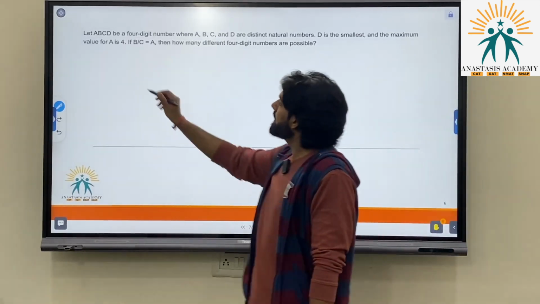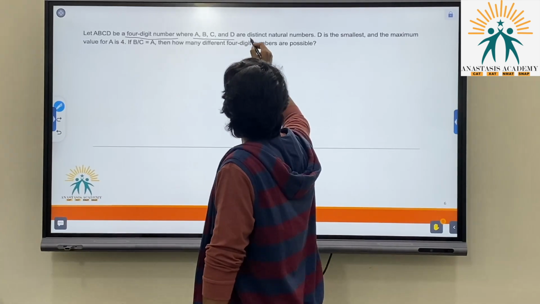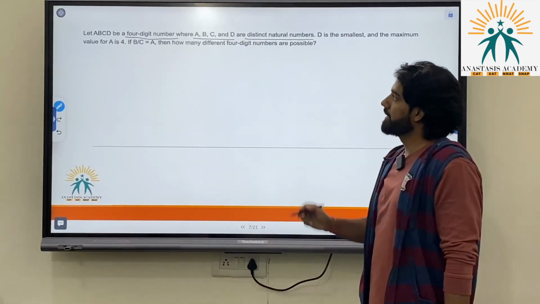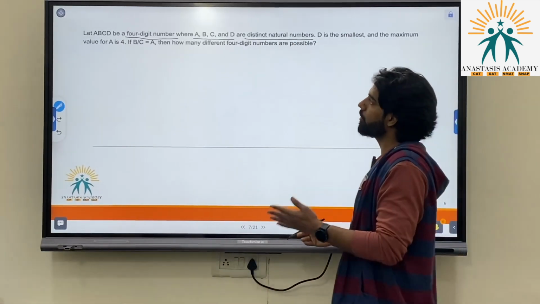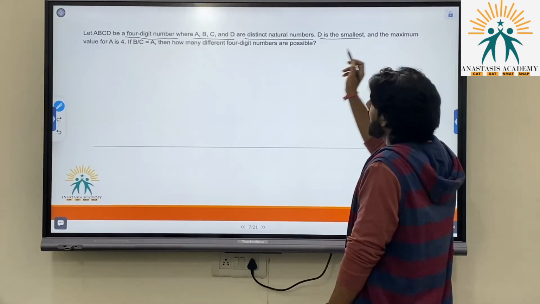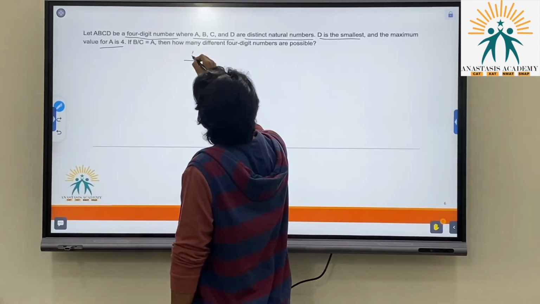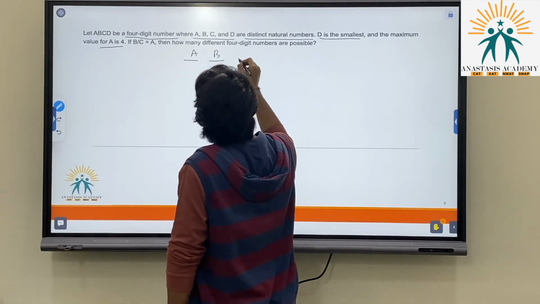Let ABCD be a 4-digit number where A, B, C and D are distinct natural numbers. ABCD is a 4-digit number and all the digits are distinct. D is the smallest and the maximum value for A is 4. Okay, so ABCD is a 4-digit natural number